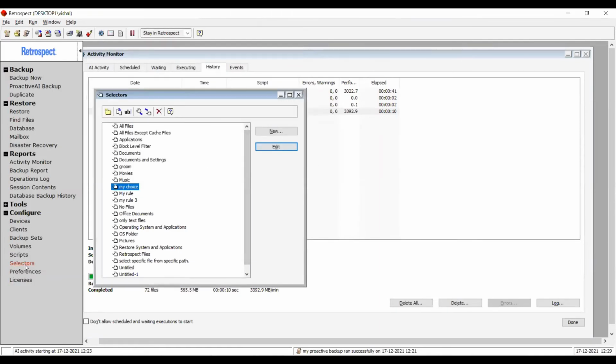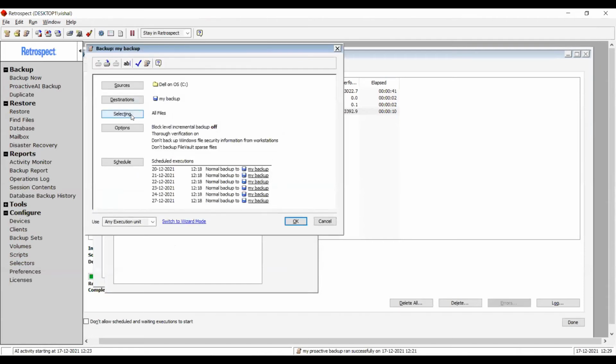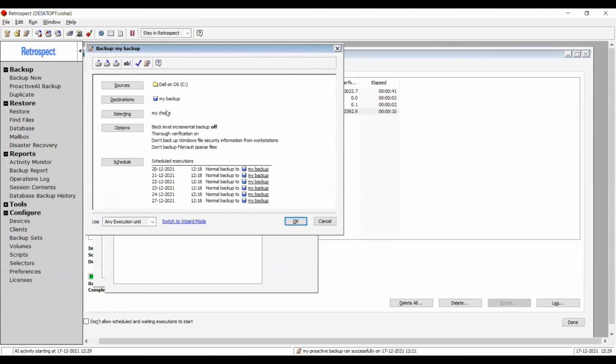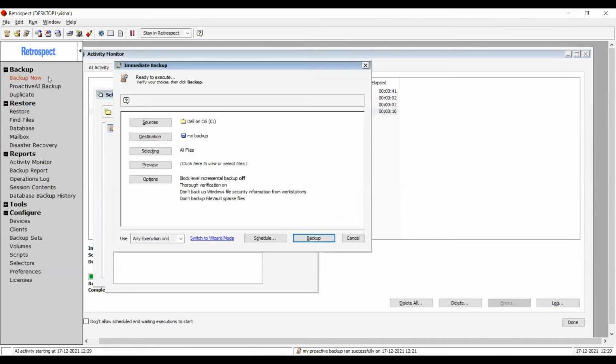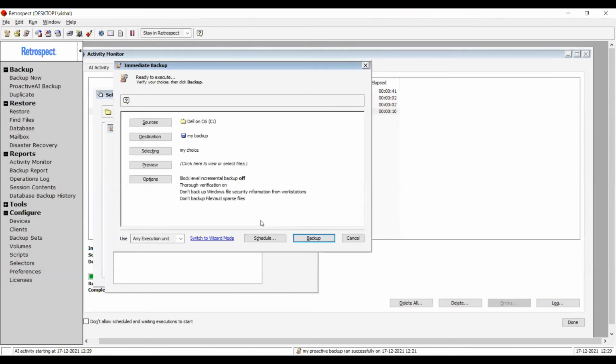And when you are creating your script, for example, here we had used all files. So instead I can use my choice selector here. So I'll be excluding the mp3 and text files and backing up everything else. If I actually show you, you can see a preview of how it works. There were text files in that Dell folder, so those files will be omitted.